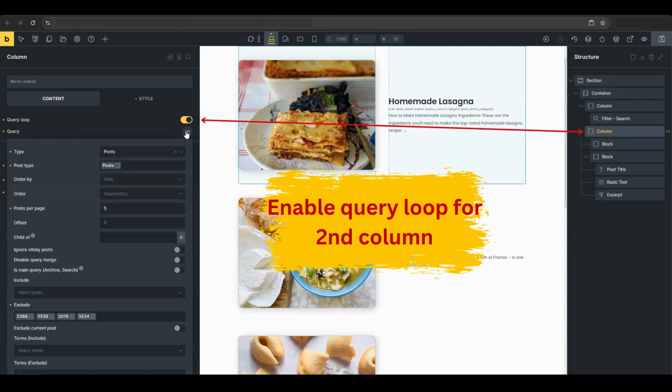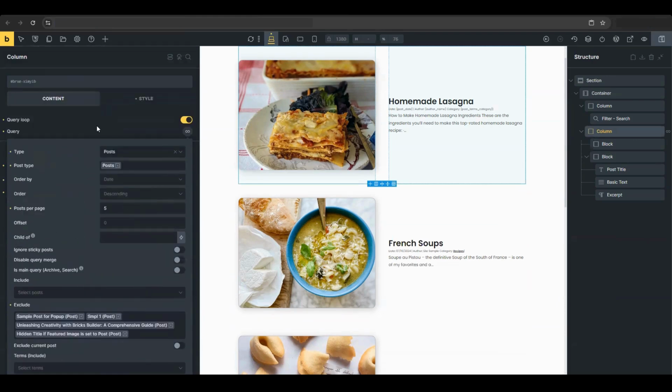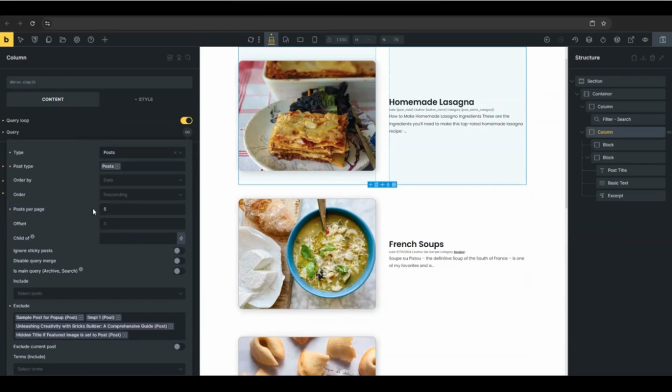So go ahead and toggle that query loop on, and then below it, under query, you are going to go ahead and set the queries. So you'll want it to display posts only. And then you could exclude whichever posts you want, whichever content you don't want in there. And then you can set the posts per page, et cetera, et cetera. One thing I want to mention about this tutorial is that we are using a fork of Advanced Custom Fields